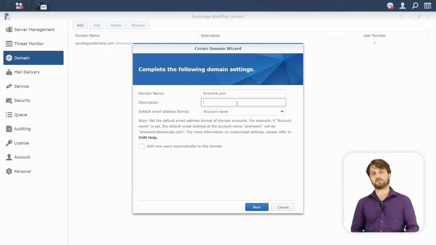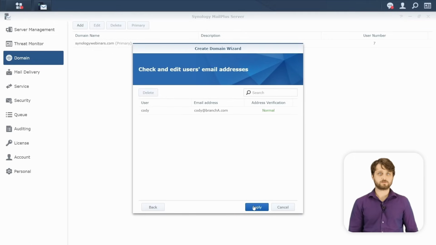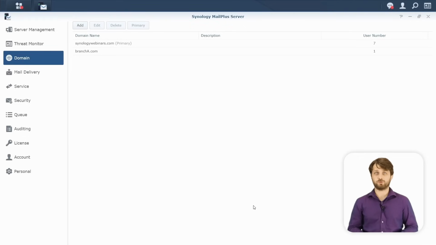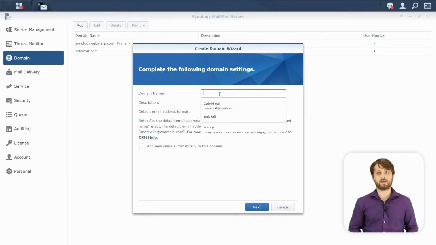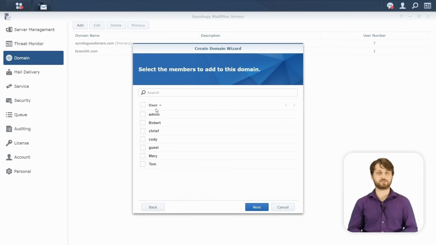So what we're going to do here is select a couple different users, but we're going to do so through the group menu because it's going to be much easier to grab a lot of different users. So for Branch A, of course, we're going to grab the Branch A group. And you can see all the users' email addresses that are going to be added in to that specific group. So now you see we have Branch A all done and ready to go. We're going to have another branch, Branch B, that we're also going to enable. I believe Mary is actually the branch manager for that location. So we'll name this Branch B. Nice and easy, just like the last one.